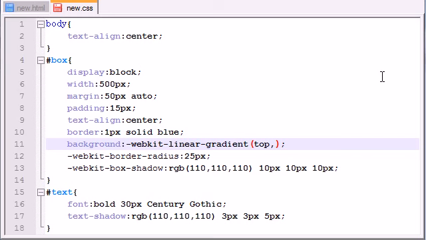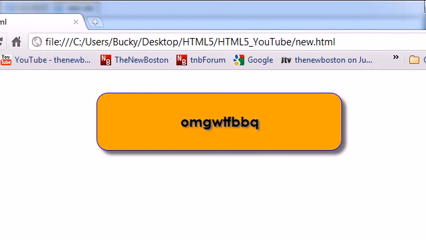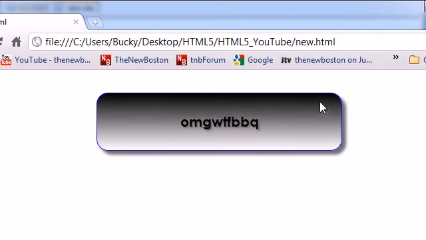The second value is the color, and I'm just going to make this black and white really simple. I'm not going to spice this up a bit. So what we're going to say is this. We're going to give you black and white, start with black, end with white, and start at the top. Simple enough. So now if we refresh this, we see that we get a nice black to white gradient starting